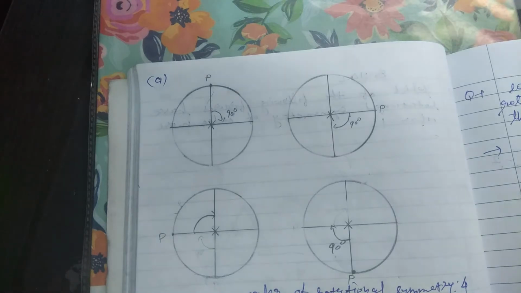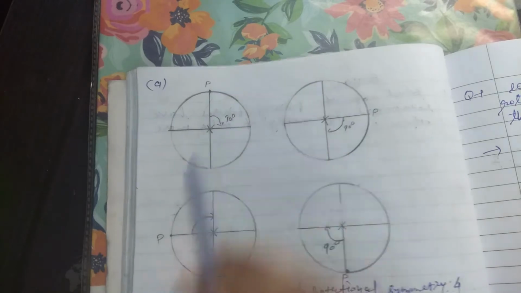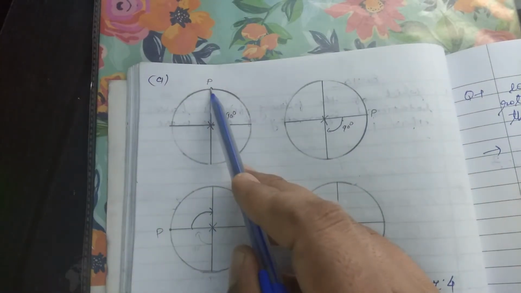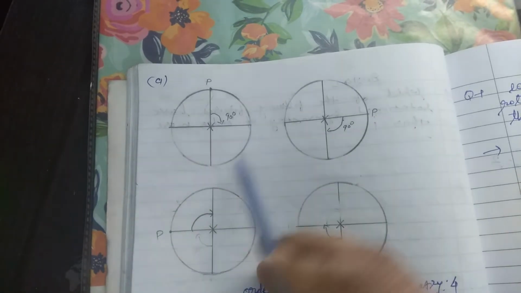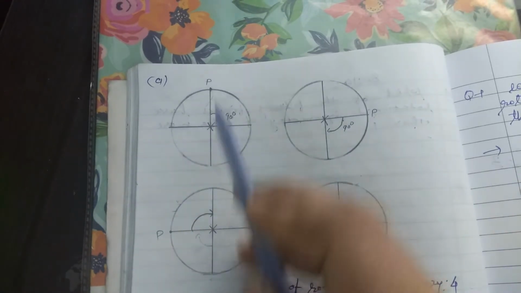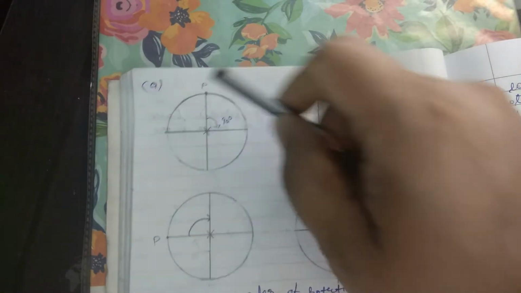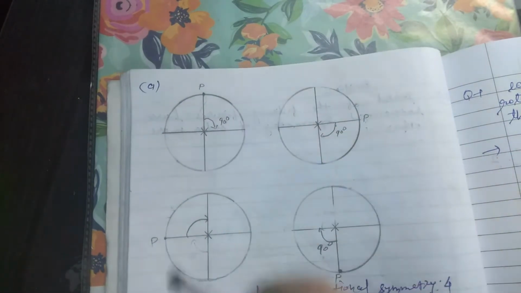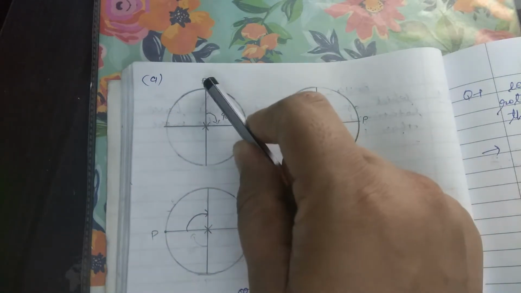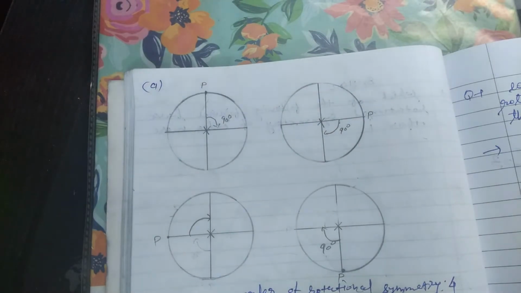Now for that, first of all, you have to find one end point. Here in a circle there are a total of 4 points because of these diameters 1, 2, 3 and 4. Out of these 4 points we have to take 1 point. Now for this figure, while we rotate, to be an exact copy of the original figure, this point P should become each of these other 3 points. So we will start with